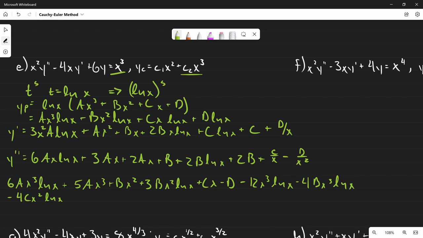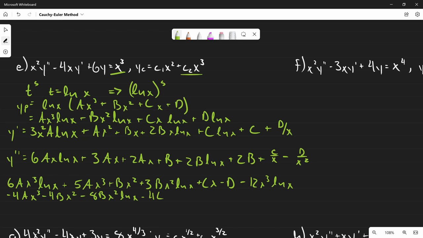Okay, hold up, I'm looking at the wrong one, I messed up the part here. So this will be minus 12 x cubed natural log of x minus 4a x cubed minus 4b x squared minus 8b x squared natural log of x